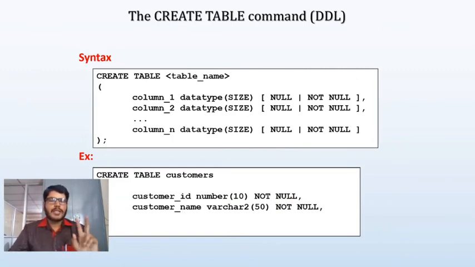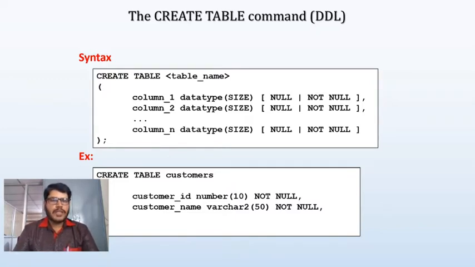Again, customer name is nothing but the column name. There are two words in this column name, customer as well as name. I have to combine these two words with the help of an underscore. Customer underscore name I need to specify, and what kind of data I can store here, whether customer name is accepting a fixed length of characters or a variable length of characters.